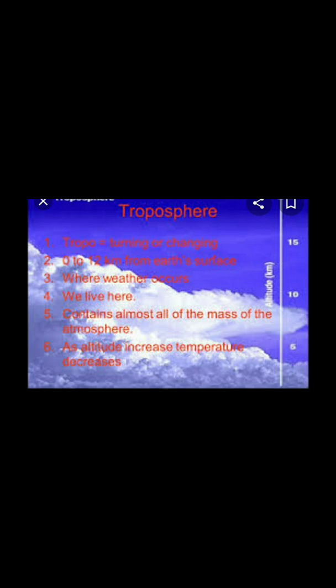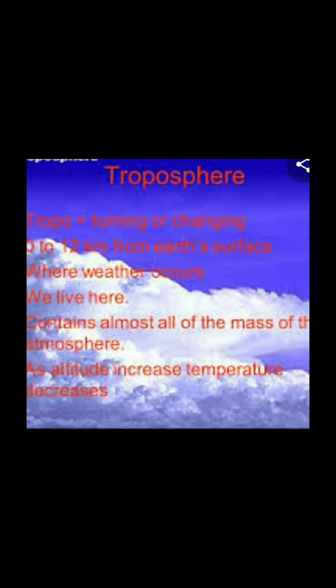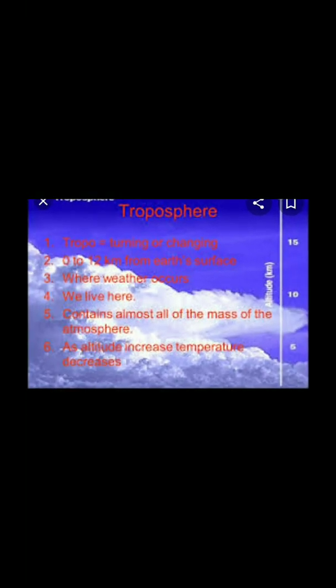Okay. And then these are some of the main characteristics. We live here. I think this is a very common but obvious characteristic: it is where weather occurs and it contains all of the mass of the atmosphere. As altitude increases, temperature decreases. And tropo means turning or changing. Here the temperature may change, varying temperatures take place from 0 to 12 kilometers from the earth's